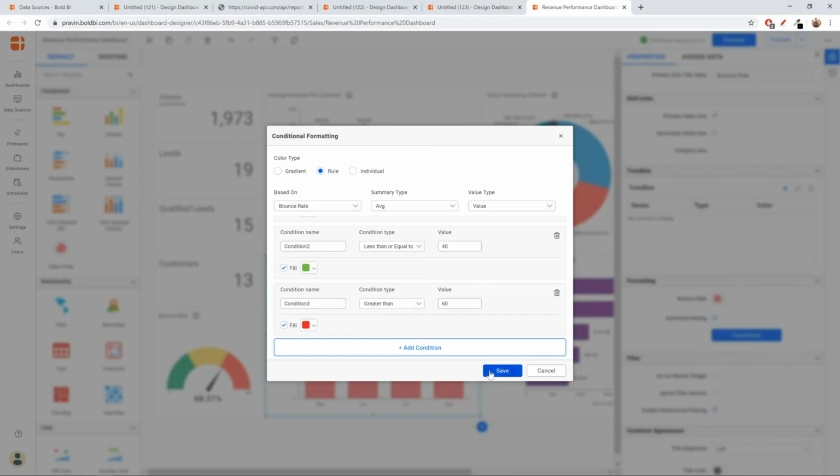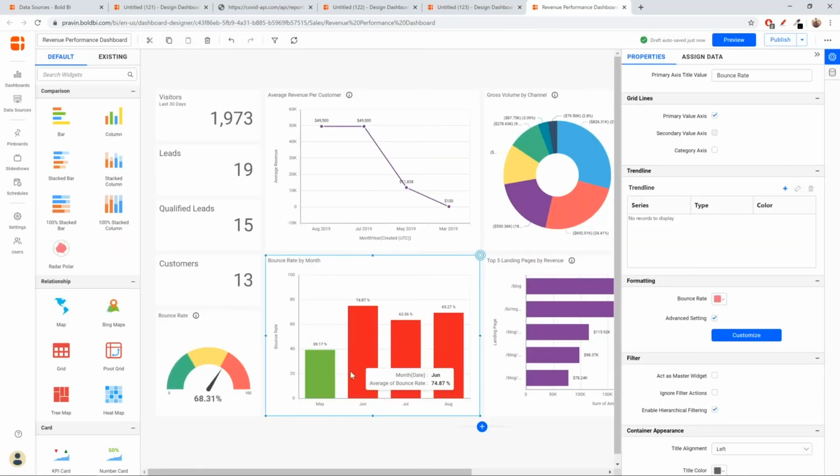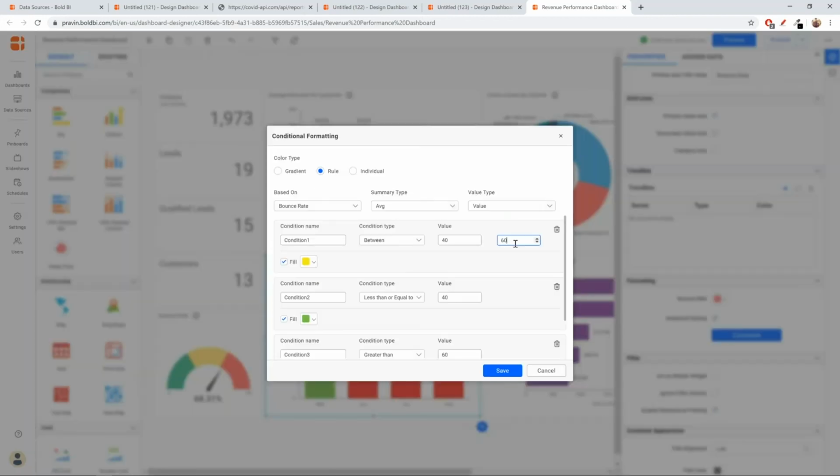Now, if I save this, each series you see here is going to change based upon the condition that we added here. So we don't have anything in the moderate range. We have in the month we have very much lesser bounce rate. In all the other months, the percentage is greater than 60. So I can go ahead and just change this to 70. Now you'll see the difference.